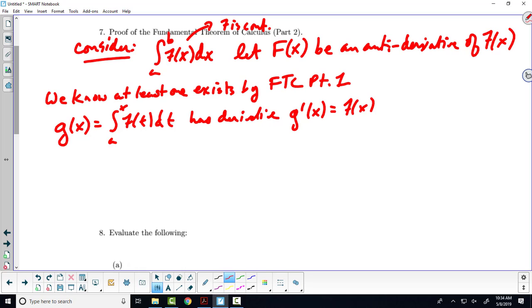So if the derivative of g is f of x, if these two are equivalent, then what's an antiderivative of f? And yeah, but we don't know what that is. An antiderivative of f would be the same thing as an antiderivative of g prime, and what is the antiderivative of g prime? G. So that is one antiderivative of f. So we know at least one antiderivative of f exists. Then